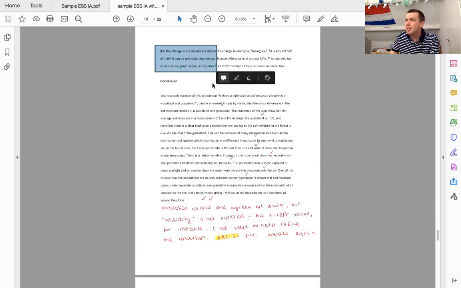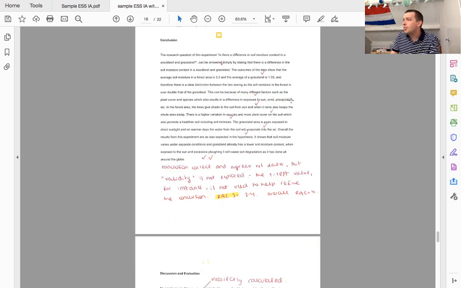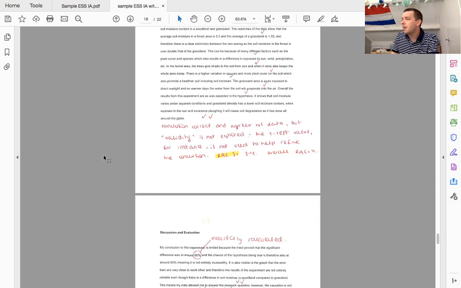It's good that the t-test value is used, it just isn't correct. On to the conclusion. The conclusion is fine, but you can see here that the validity is not explored. So it means that the conclusion doesn't discuss the data. It doesn't use anything about the respective relative sizes of the error bars, and it's very important to discuss that. Finally,